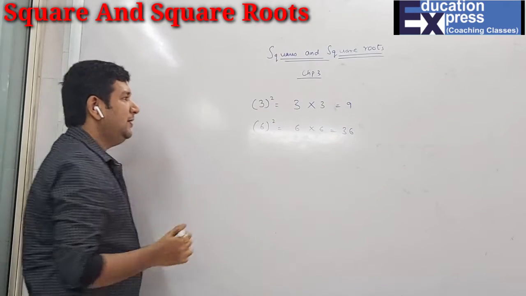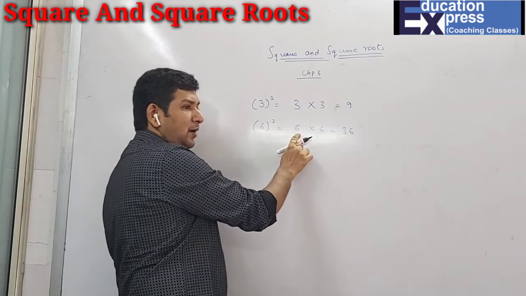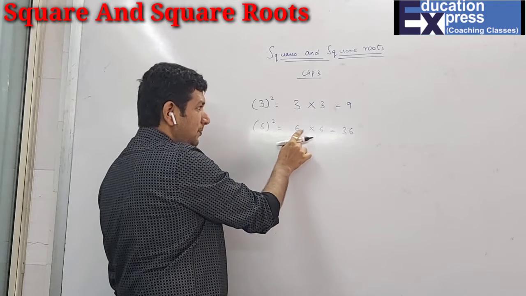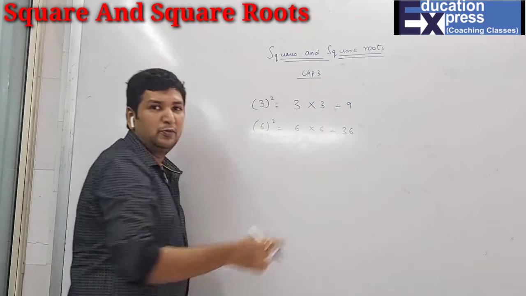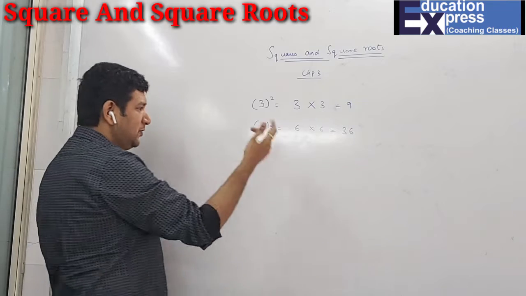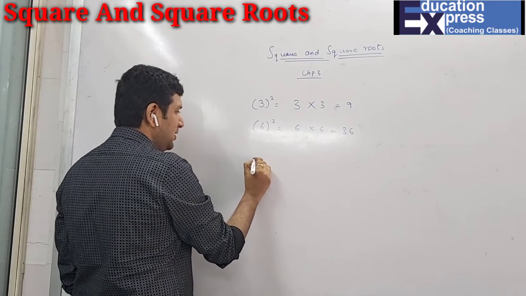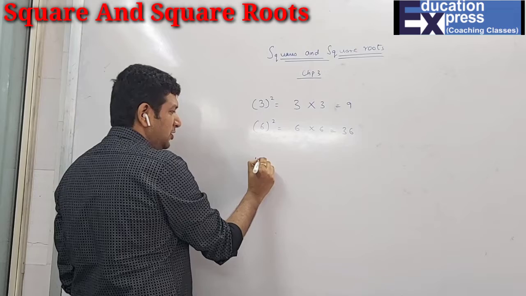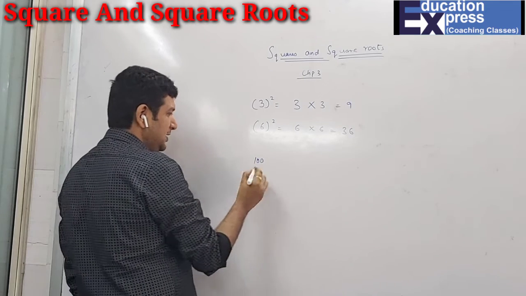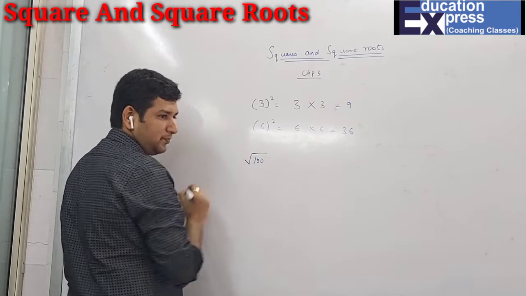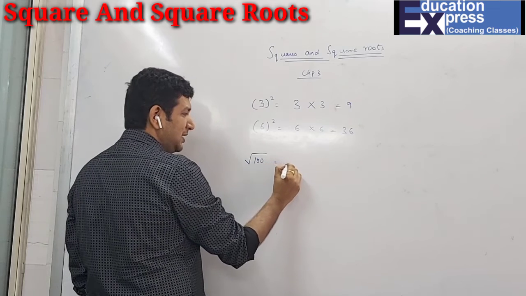So similarly, whenever you multiply a number by itself, that is said to be your square, and vice versa. In case you have 100, what is the square root of 100? So obviously square root means this. The square root of 100 is nothing but